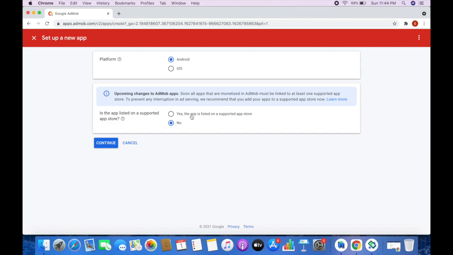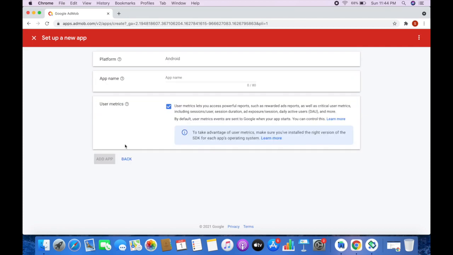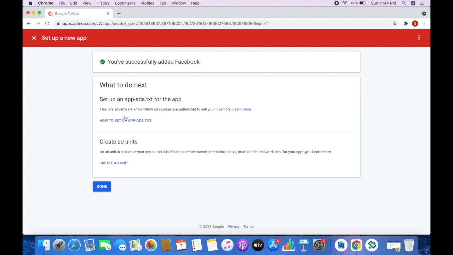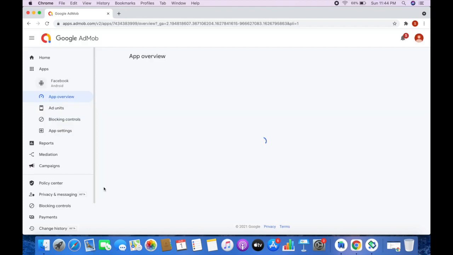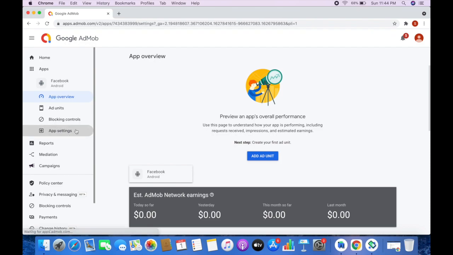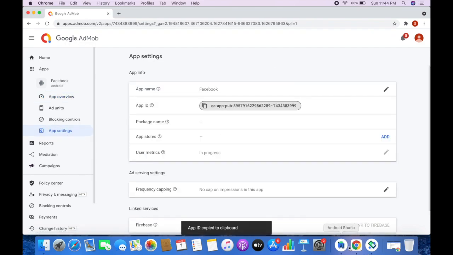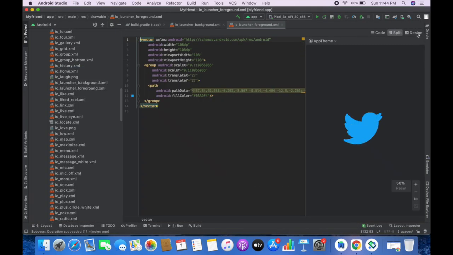For now, just click on no, continue, type your app name. My app name is Facebook, add app, click on done. Okay, now click on app settings, copy this app ID, go to your Android Studio,